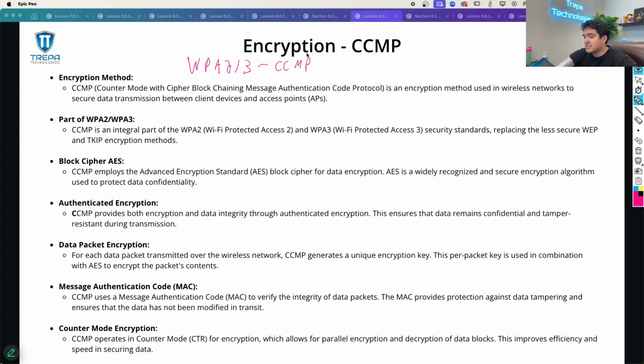So it's a block cipher that uses AES. CCMP employs the Advanced Encryption Standard. This is a symmetric encryption algorithm, and this is what we're actually going to use for WPA2 and WPA3. This is going to give us our data packet encryption. So with CCMP and AES,